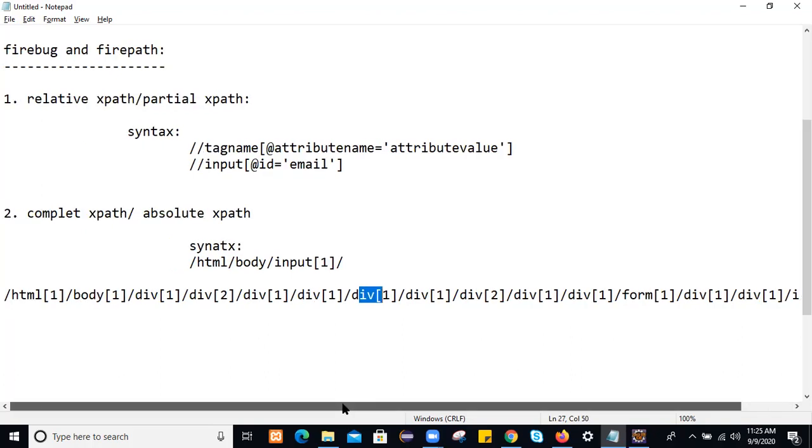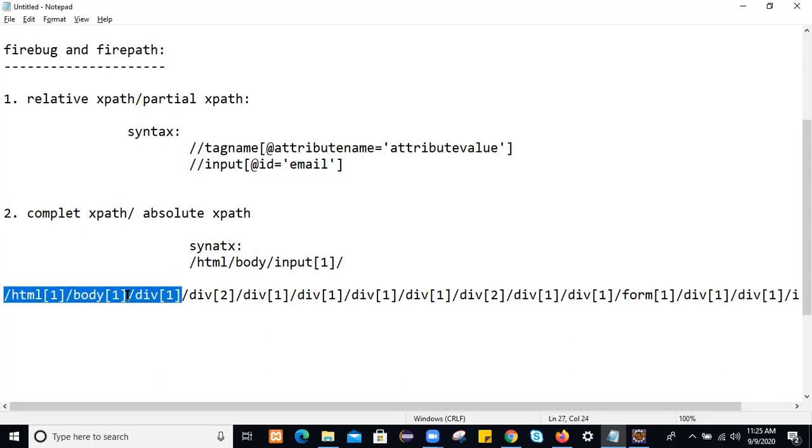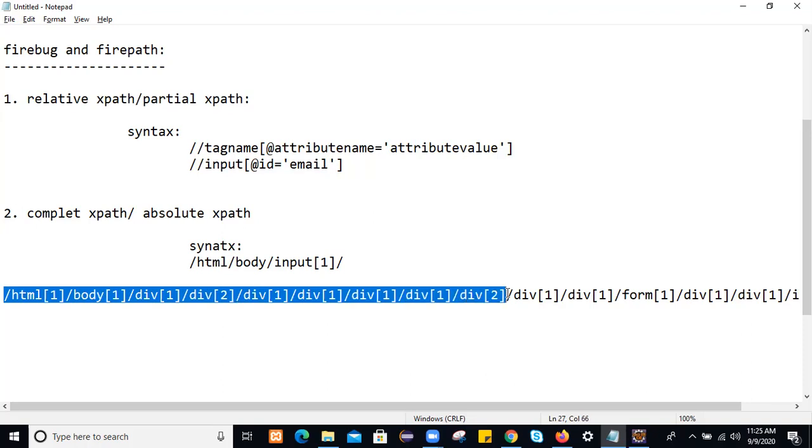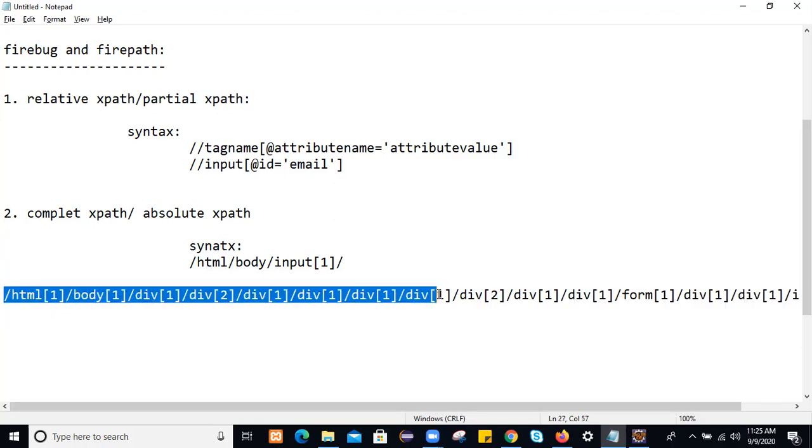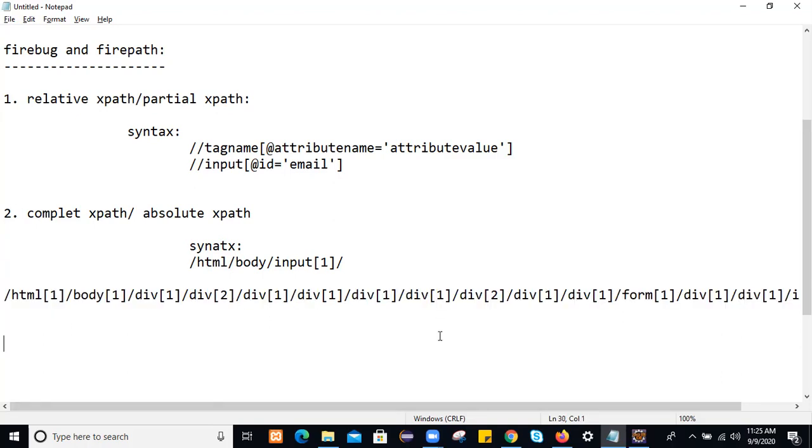But when you go to the Absolute XPath, this is quite complex to read and it increases the length of the code. So always go with Relative XPath. Actually, you are directly targeting that particular web element and locating it. But here you are navigating through the complete hierarchy of the code. Due to that, what will happen? When you use this, it increases the length of the code and you reduce the performance. So like that we will use Relative XPath and Absolute XPath.